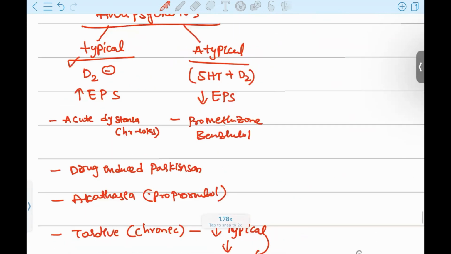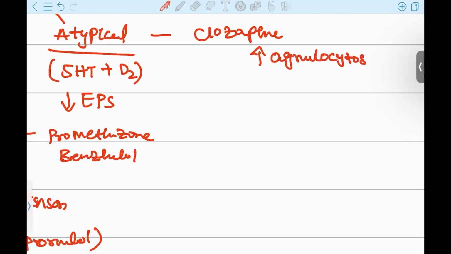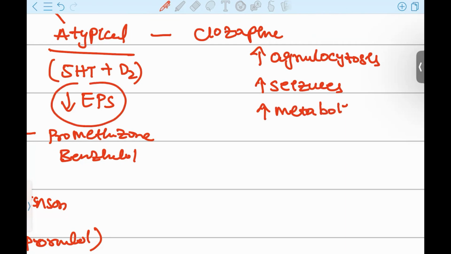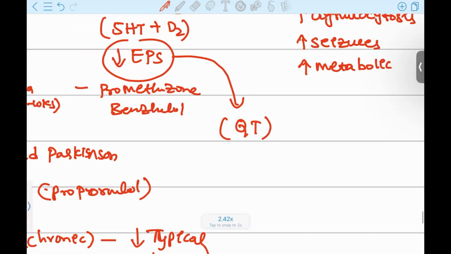And one thing separately, atypical drugs are more prone to some risks. So the first drug is your clozapine. This clozapine will be having agranulocytosis. Okay, these drugs can increase the agranulocytosis and also seizures and metabolic symptoms. Okay, there are decreased extrapyramidal symptoms, but all other things will be increased with clozapine and other drugs. Okay, and there is a question: which of the following will increase QT prolongation from these atypical drugs? Then you have to choose the